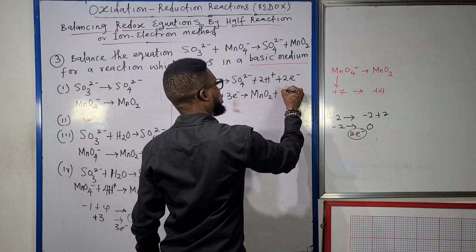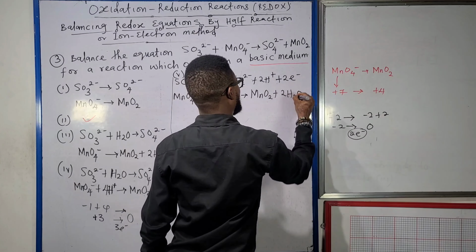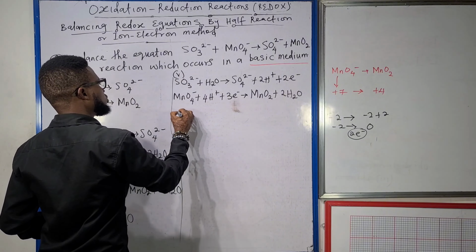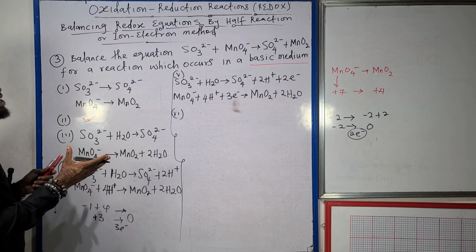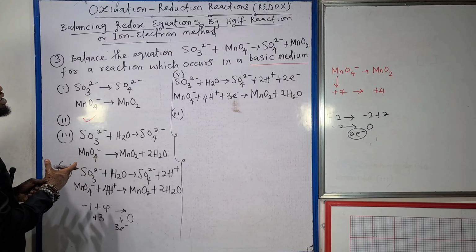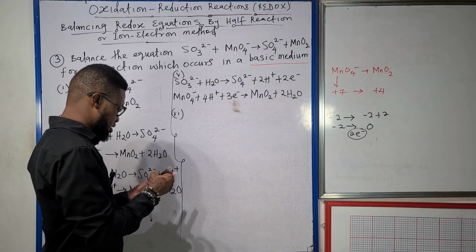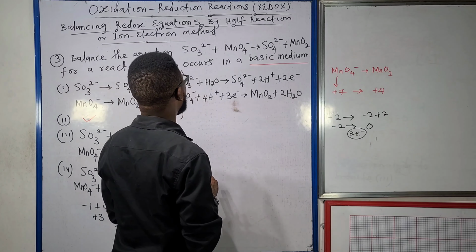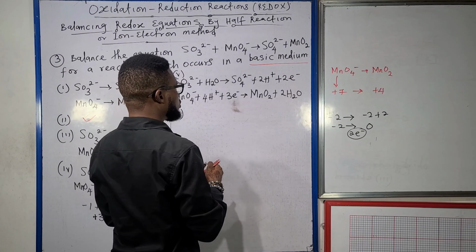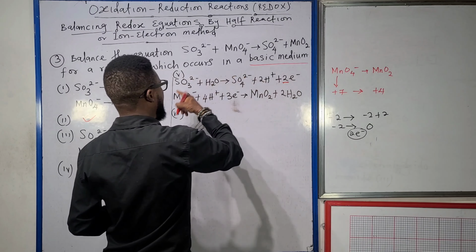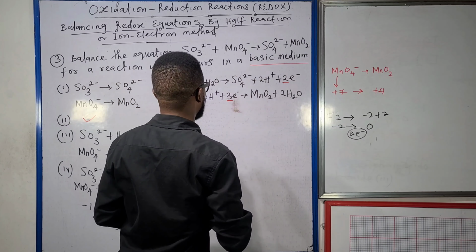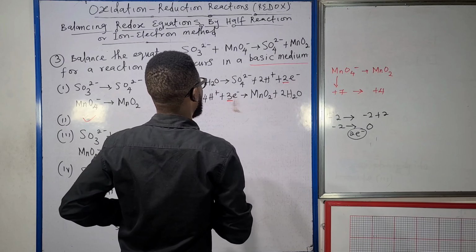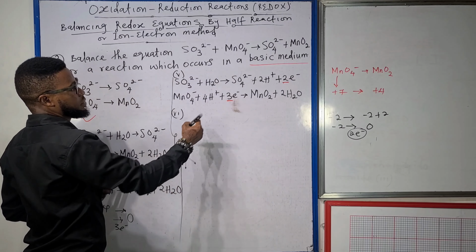MnO2 plus 2H2O. Now step 6 talks about making the electron loss equal to the electron gain. So I'll be using the 2 electron in the first equation to multiply the second equation, and I'll be using the 3 here to multiply the first equation, so that what we have here is going to be 3 times